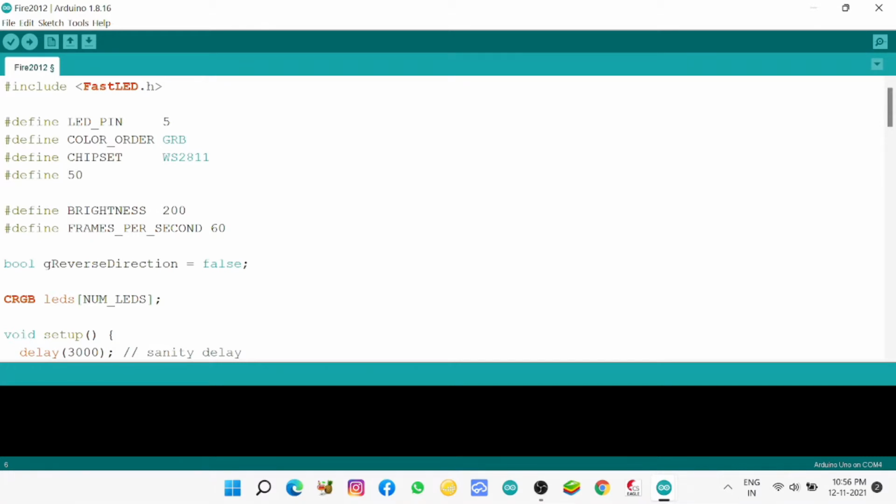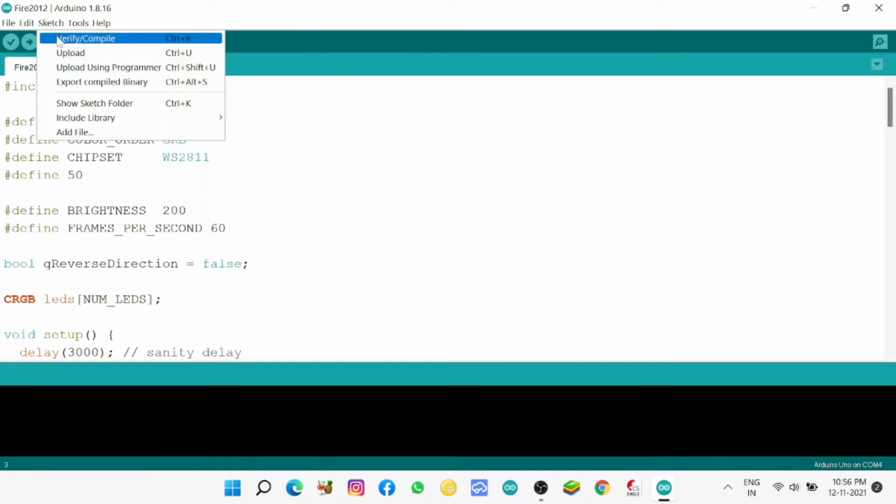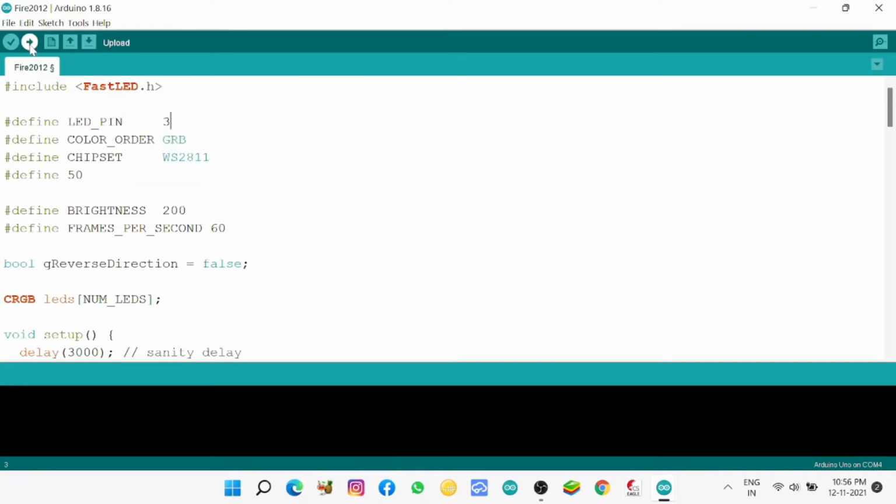I can change this pin number in Arduino Uno also. Before it was 3, now it is 5. Change it in Arduino Uno, or otherwise change it here and make it 3. Where it is connected in your Arduino, make it that, or connect it as per this sketch. Again check in Tools, COM port, Arduino Uno, everything is okay. Now you can upload it.